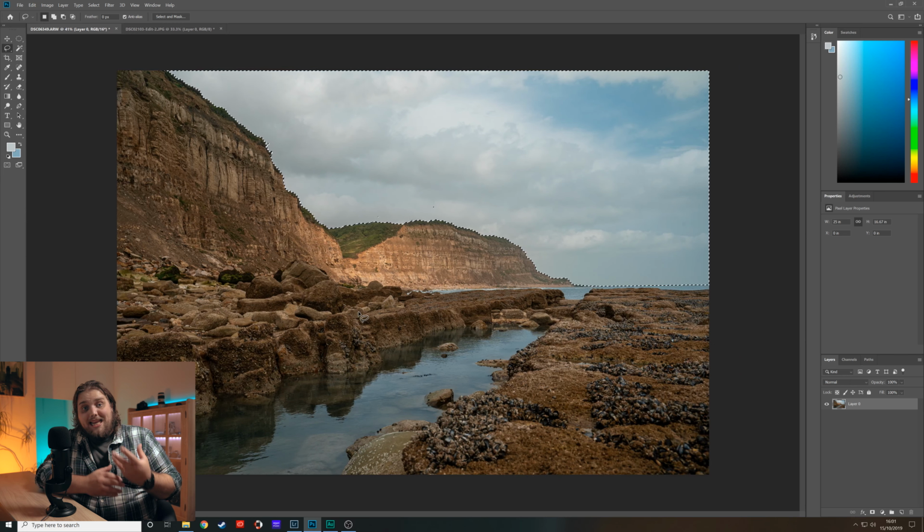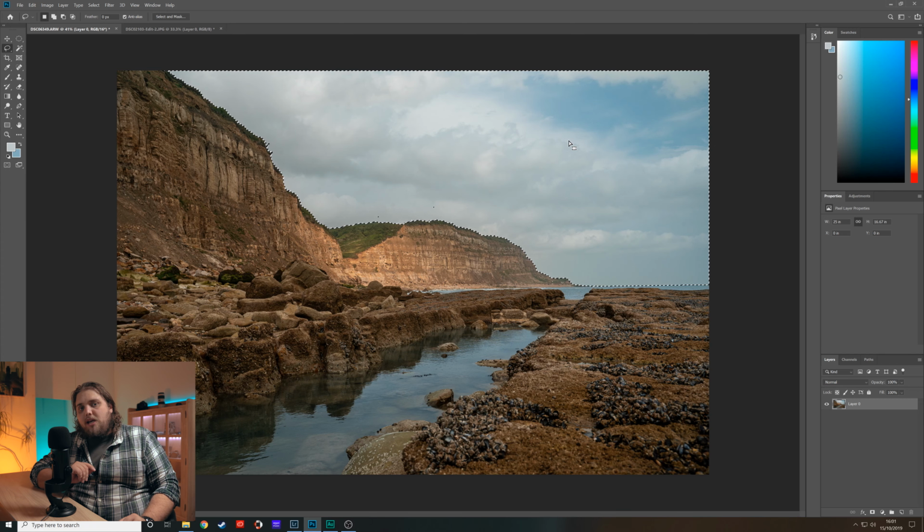Now, that's actually a little bit more of an involved way of doing it. We could actually have done something slightly different. We could have just used the quick select tool to select the sky in this instance. However, that's not going to work all the time. If you've got trees, if you've got anything in the image that's kind of sticking out, you're going to have an issue with the quick select tool, because it's going to be more difficult to get those trees. Using the color range kind of selection is a really clean way of doing this. So that's why I tend to do it. Admittedly, like I say, on this photo it would have worked fine, but it's a good thing to get into the habit of, because then you know what you're going to do when you've got the issue with trees and